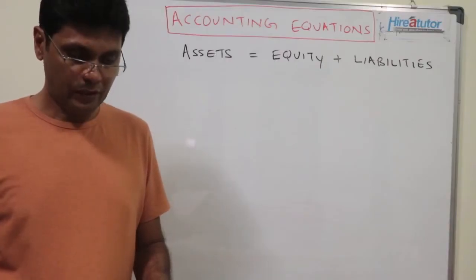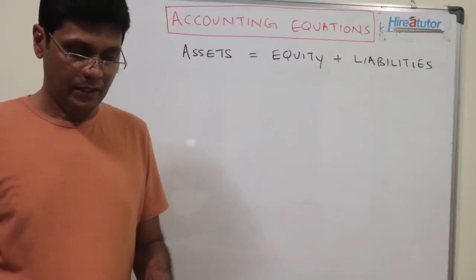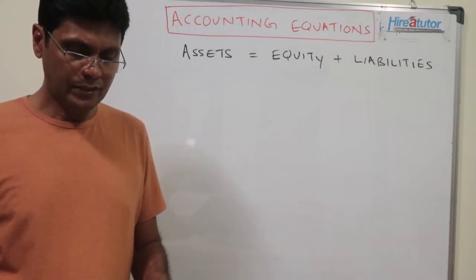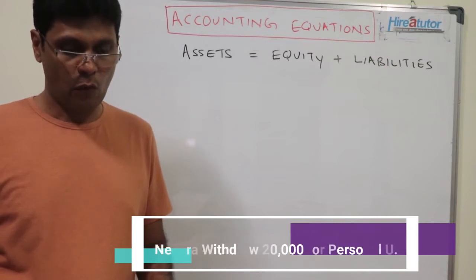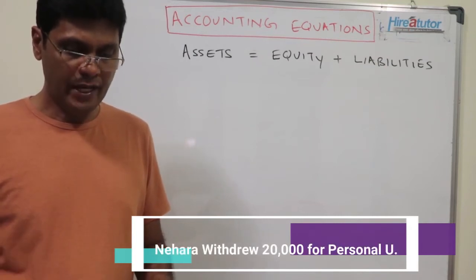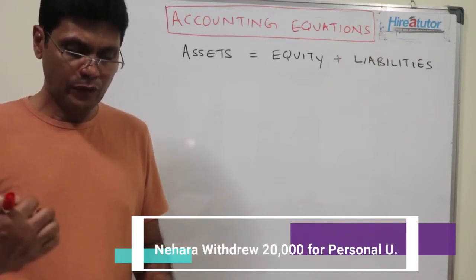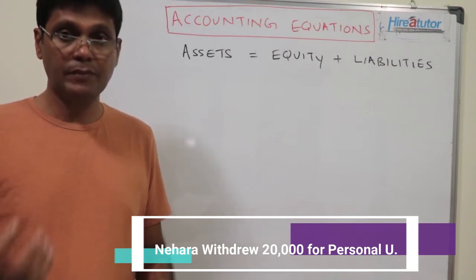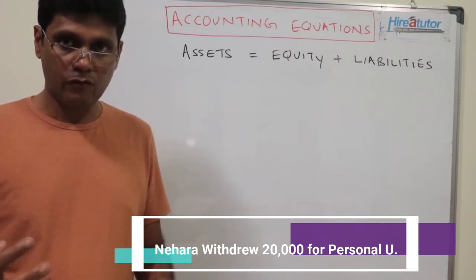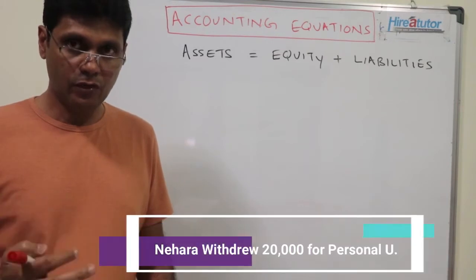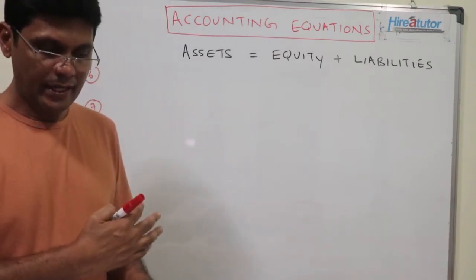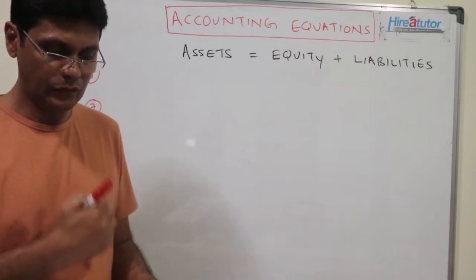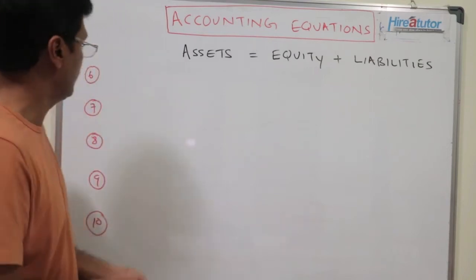Now let's look at question number 6. Nehara withdrew 20,000 from the business for her private use. What has happened here? The owner has withdrawn 20,000 cash from the business. What is the impact? What is the dual impact? First of all, find out the asset side. Since Nehara has taken 20,000 cash, cash will reduce